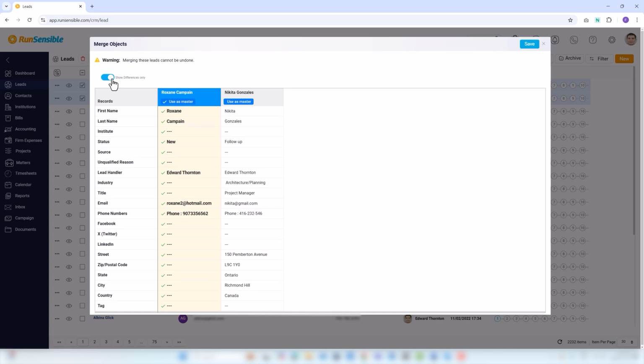When merging leads, it is essential to choose which lead will be designated as the Use as Master. This lead serves as the primary source of information, particularly in cases where there are discrepancies between the 2 leads in the same field. The information from the Use as Master lead will be retained and prioritized in the final merged record, while any conflicting or redundant details from the other lead will be discarded and will not appear in the merged